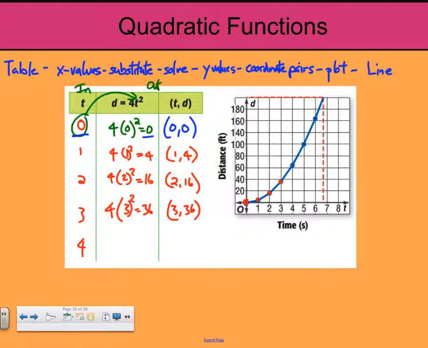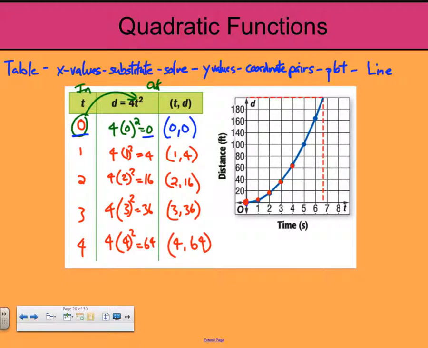And I'm going to go ahead and plot that. And then lastly, we're going to look at 4. And I have 4 times 4 squared. 4 squared is 16. 16 times 4 is going to equal 64. And so my last coordinate pair that I'm coming up with for this example is the point 4, 64, and